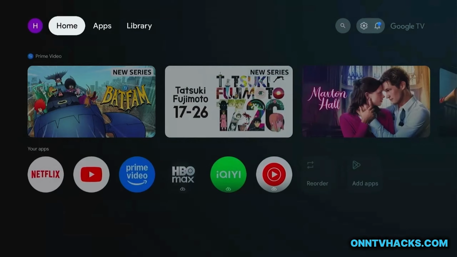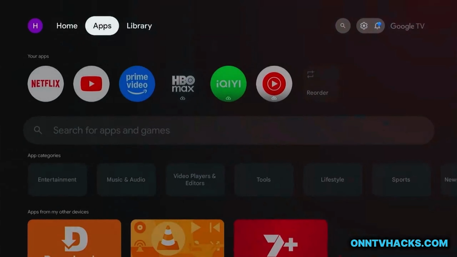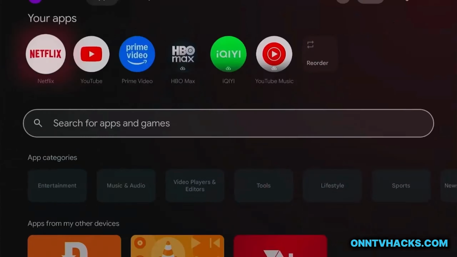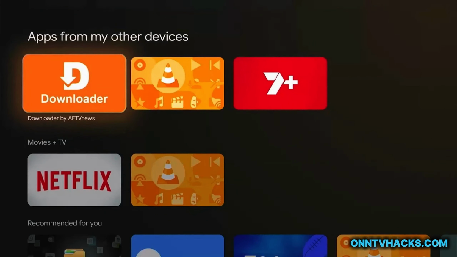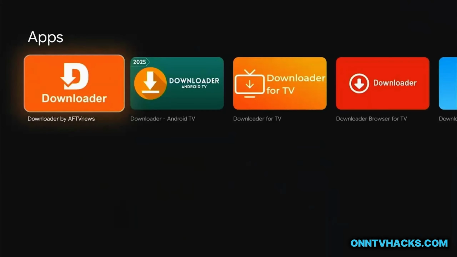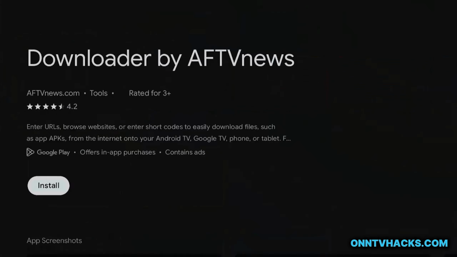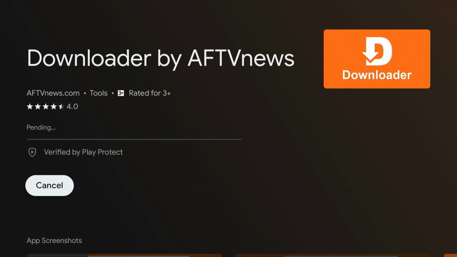Alright, so the first step is to install an app called Downloader, which is where you'll install all your favorite apps. Go to the menu at the top and select Apps, and if Downloader appears in the suggestions, great. If not, use the search bar and type Downloader, or use your voice command to find it. From the list of Downloader apps, select the orange one at the top, click Install, and in a few minutes